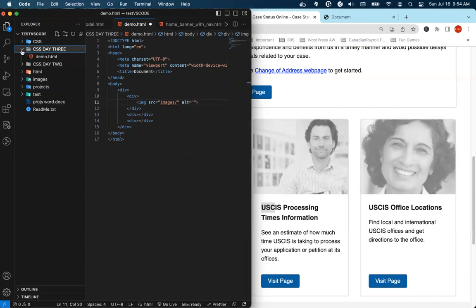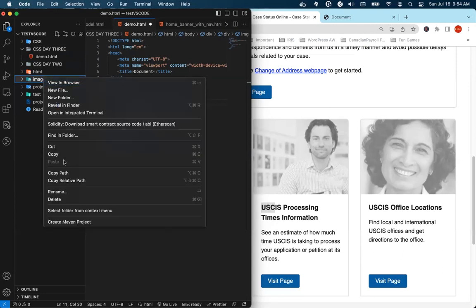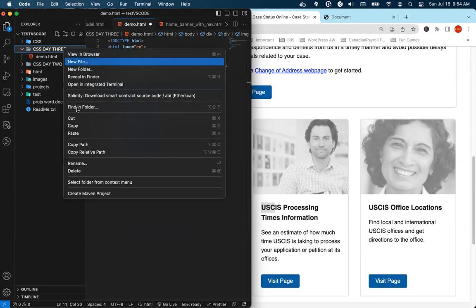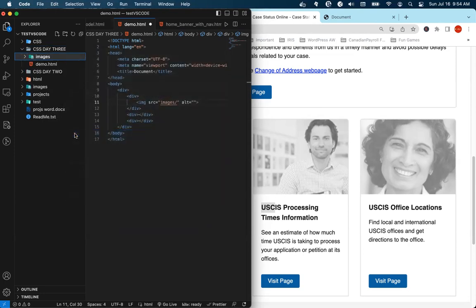So we are inside this folder, but we want to reference an image in another folder. The way you do it, you can copy these images into the same folder. Let me teach you that today. It is very crucial. If I copy the images here, now I have the folder and the file in the same